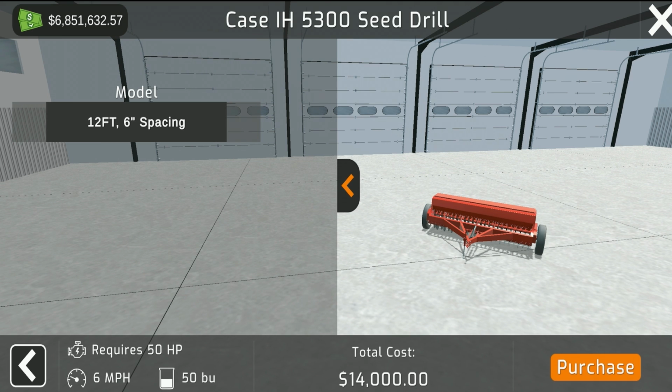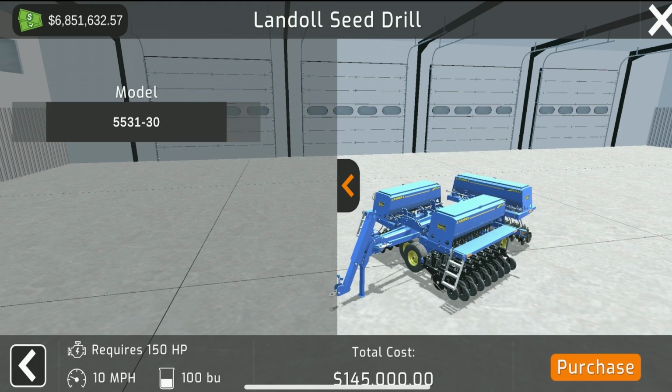So it is not that bad. It's a good price for your bang for your buck. If you only want to plant beans, I only recommend this if you want to do beans and wheat, because you could do beans with the other things. Now this right here, if you really want to get into wheat, I highly recommend this. Get this one right here. It will be the best thing for you. It is the Landau seed drill. It is 150 horsepower required, 10 miles an hour, 100 bushel it holds, and a price tag of